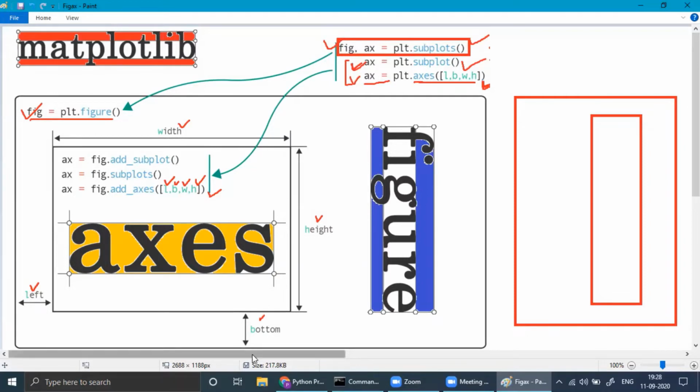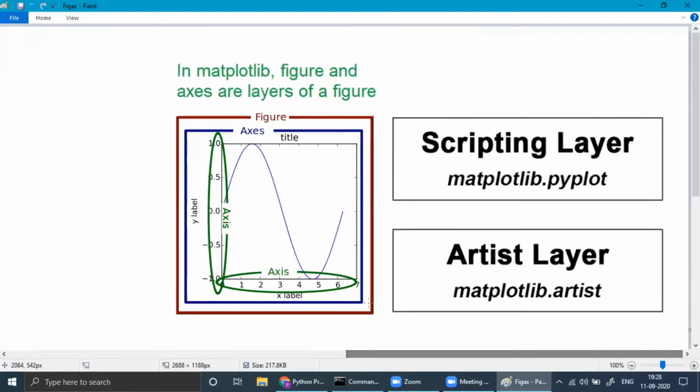Let's go to the next figure here. If you see the figure, the bigger one, that is figure, then comes axes object. The inner one, here there is only one axis. And then your graph, we have x-axis, y-axis, whatever way you want.